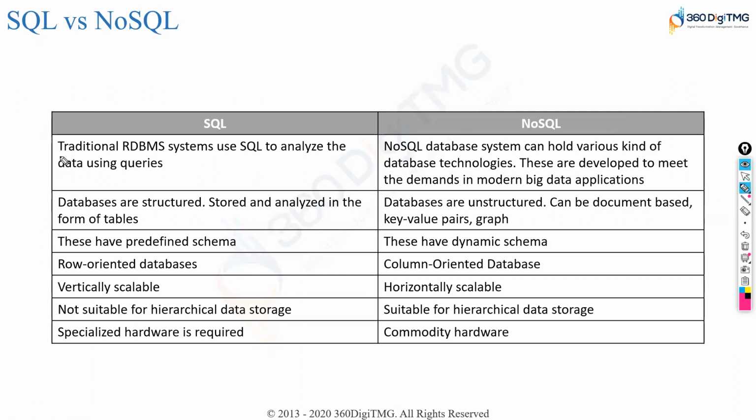That's a quick comparison between SQL and NoSQL. So when I talk about SQL, the traditional RDBMS uses this query language. NoSQL database systems deal with different types of data, and generally handle big data applications, whereas SQL is regular data. It is structured always. Here you can have structured or unstructured as well, flexible. When I say structured, of course, it has a predefined schema, and this is dynamic. We can alter them. The schema can be altered.